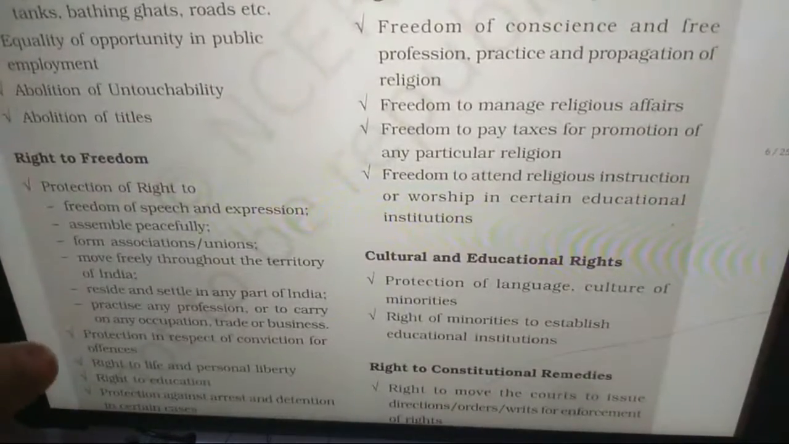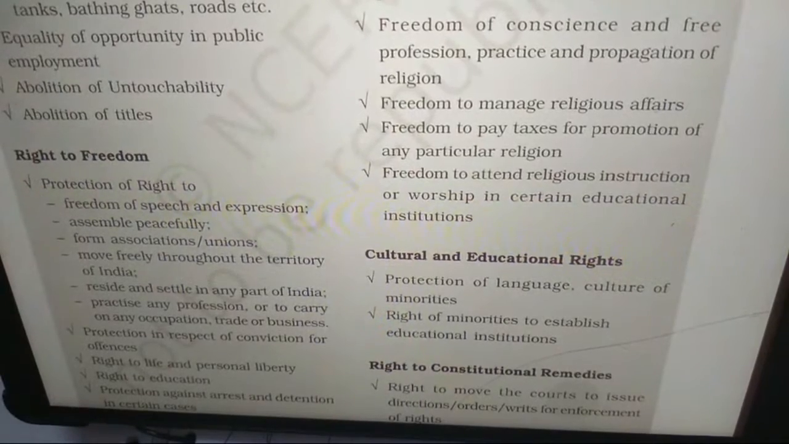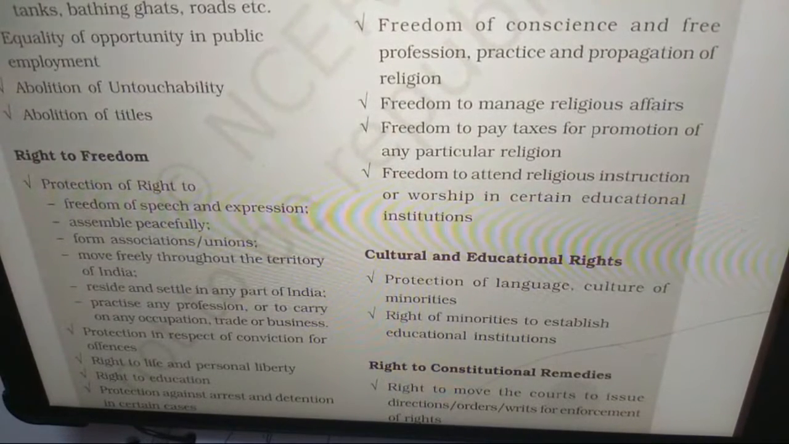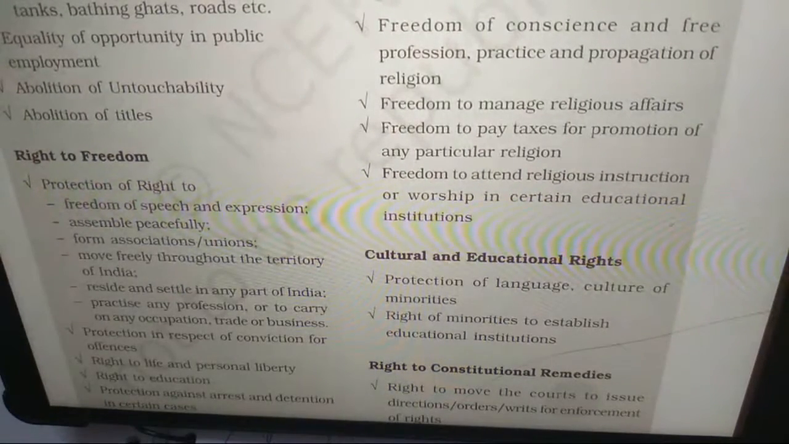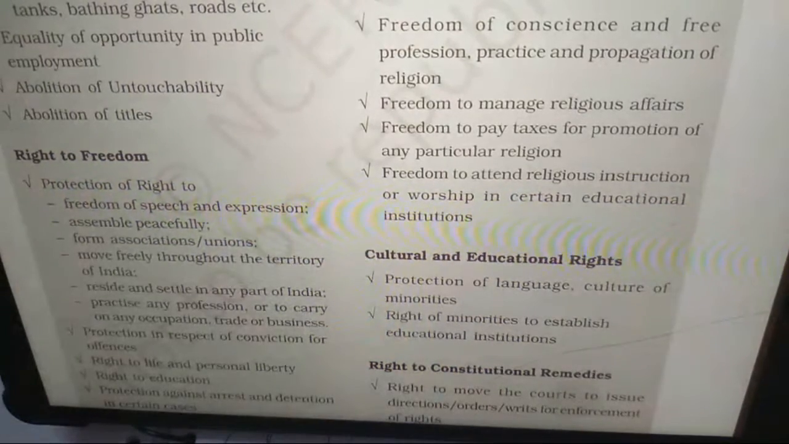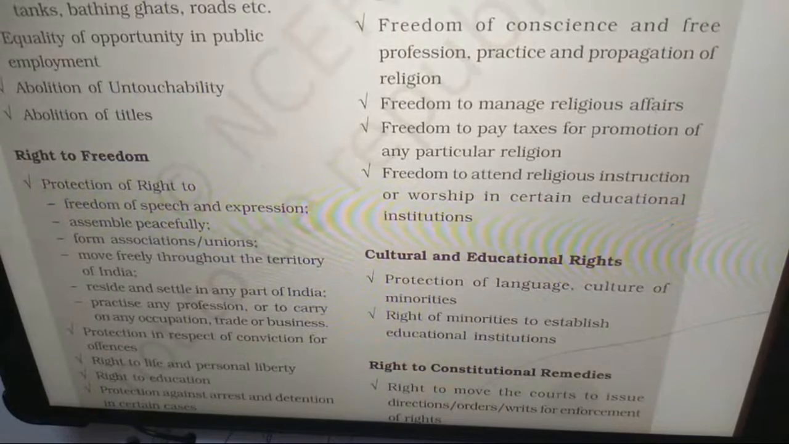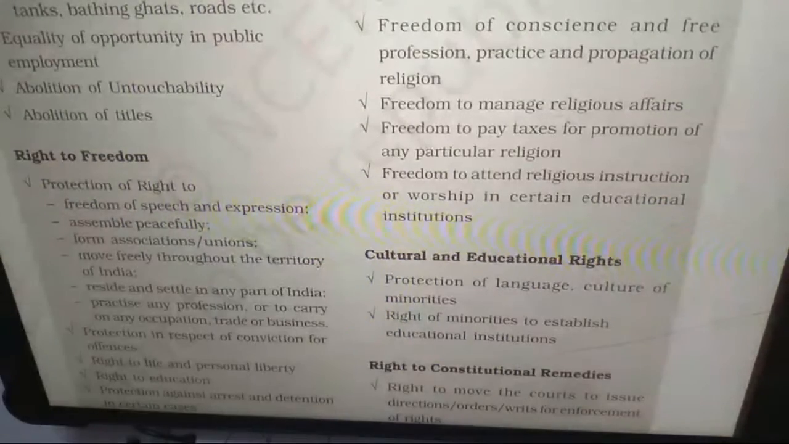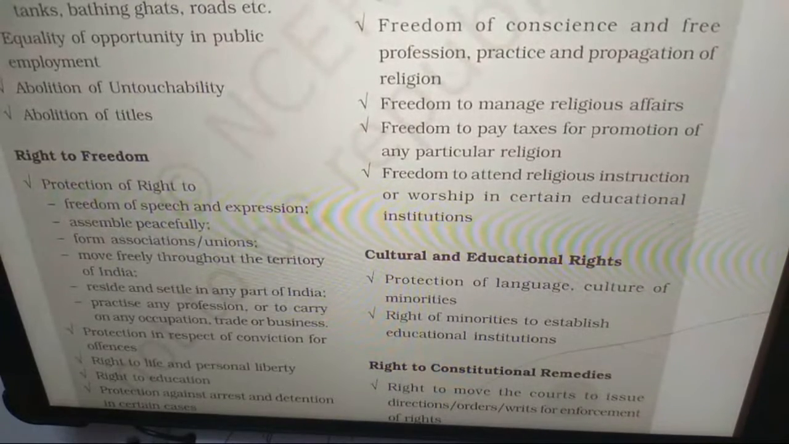Right to freedom, protection of right to freedom of speech and expression, assemble peacefully, form associations or unions, move freely throughout the territory of India, reside and settle in any part of India, practice any profession or carry on any occupation, trade or business, protection in respect of conviction for offences, right to life and personal liberty, right to education,